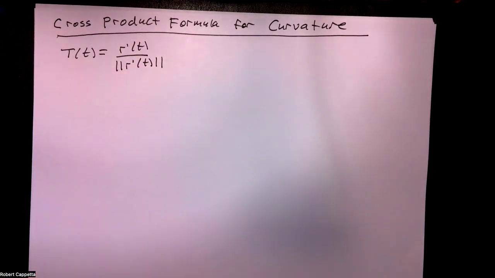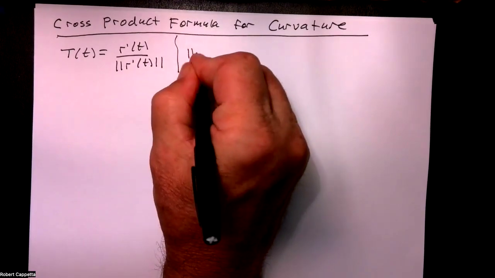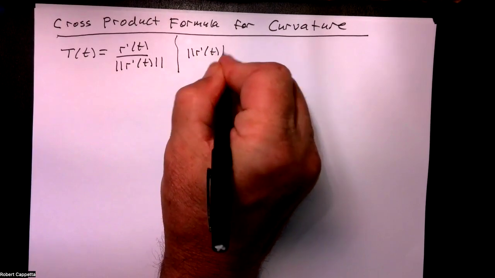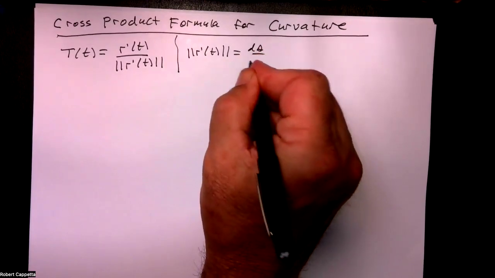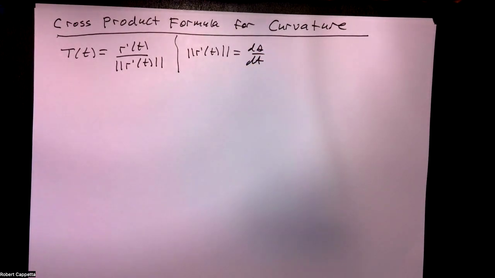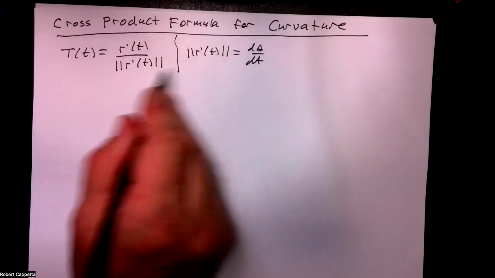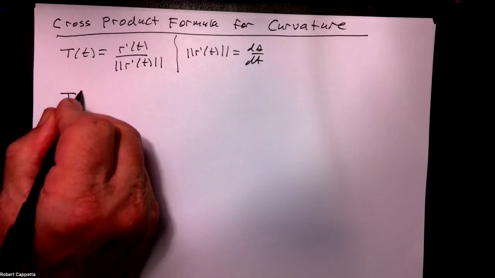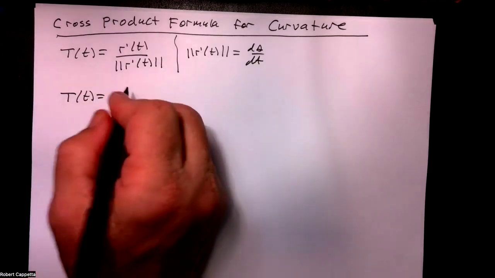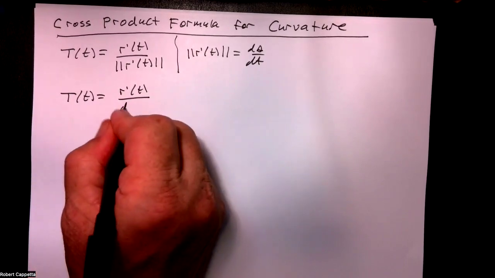So that's something we're going to need to know. But in the world of vector valued functions, speed, the magnitude of r prime of t, is the rate of change of arc length with respect to time. So speed is just ds/dt. Well, if that's the case, then I can substitute ds/dt for speed, which enables me to rewrite this equation as T of t is r prime of t divided by ds/dt,